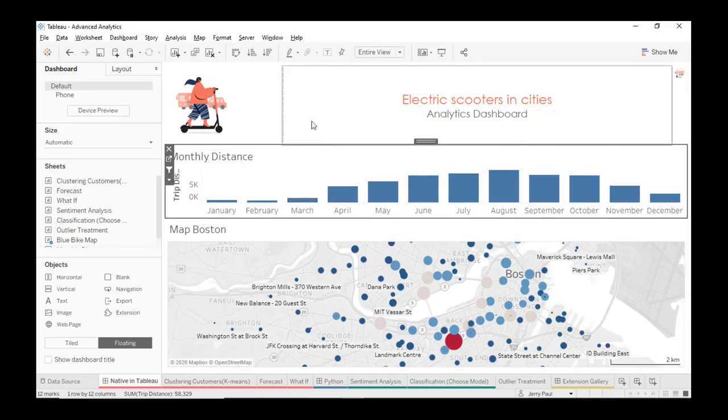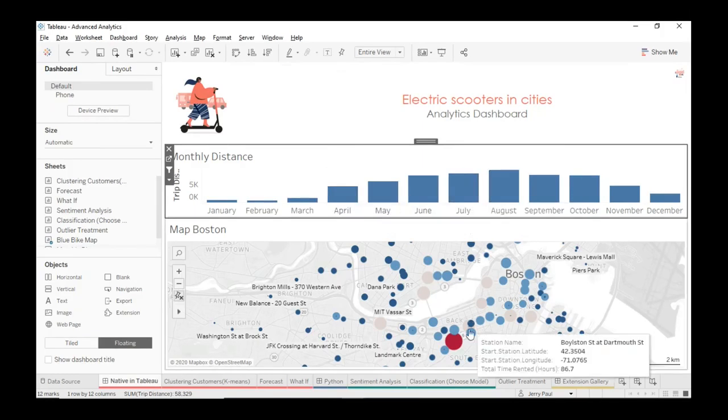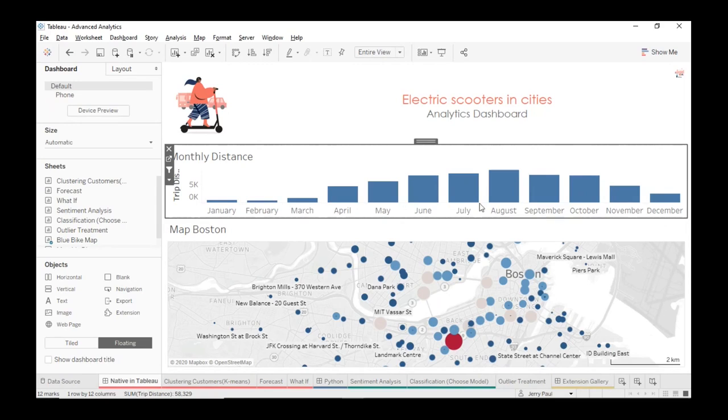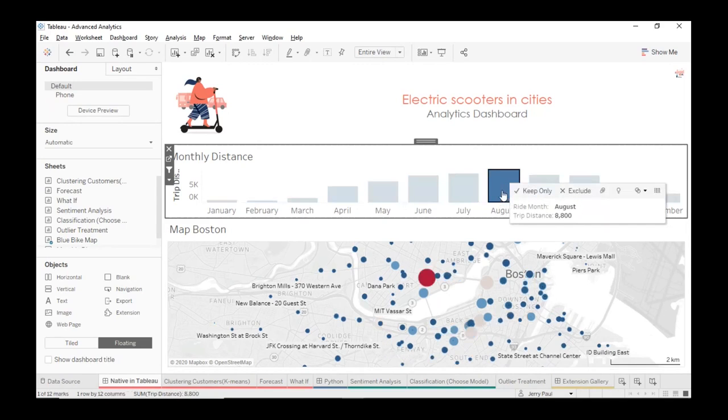So this doesn't require you to integrate or connect to external extensions, but all of that is inbuilt in Tableau. One of the very first things that I'd like to show you is Explain Data, which Tableau launched a year back. For example, if you look here in August, I can see that there's a huge rise in demand, and I